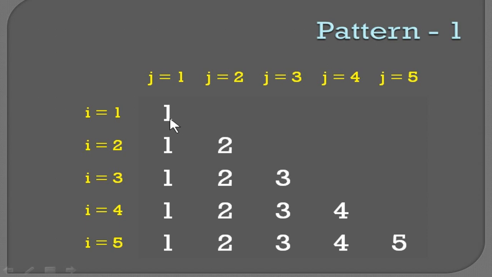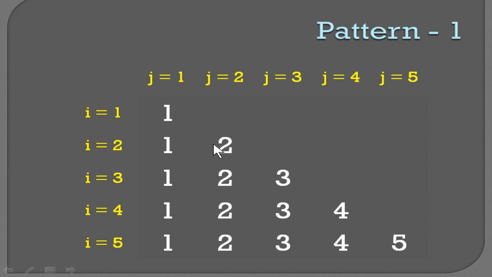You can see that in the first row the value ends with 1. Then the second row ends with 2, the third row 3, then 4 and 5. That means the I value for the outer loop starts with 1 and continues till it becomes 5. And also you can see it is increasing. So it is incremented every time an iteration happens for the outer loop.